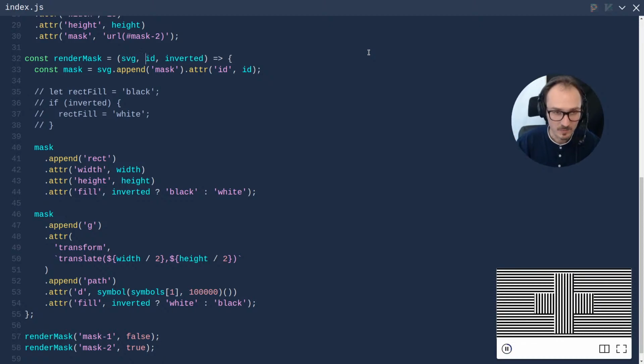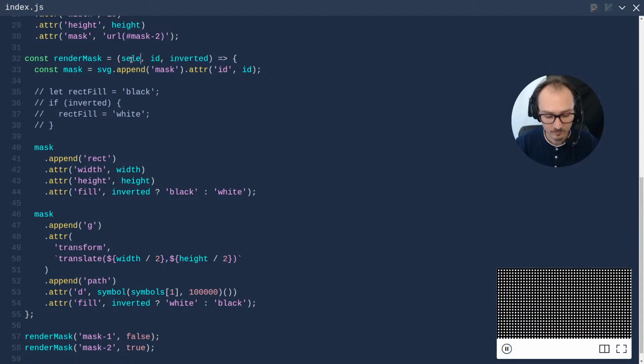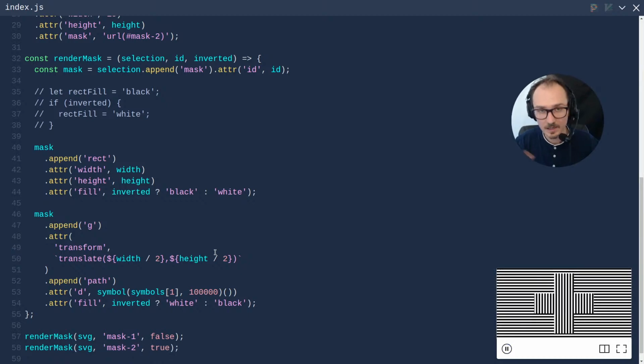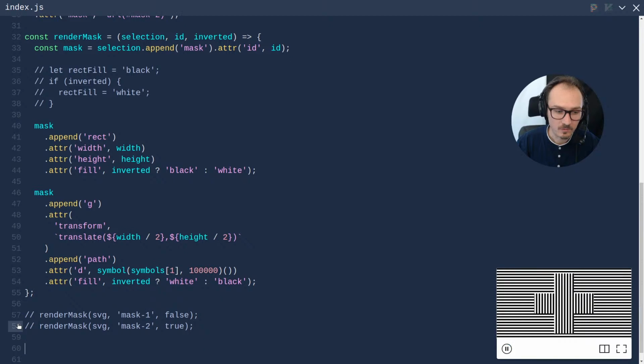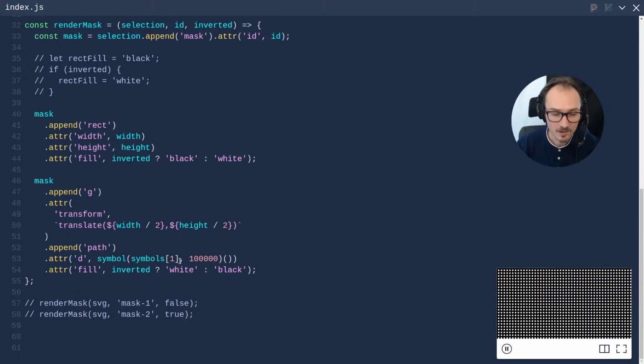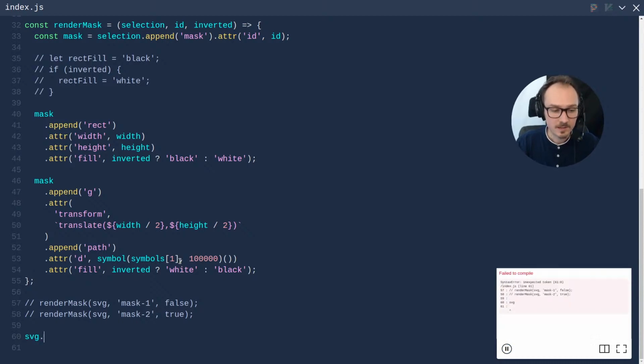So what it looks like is we pass the selection as the first argument, and inside of this function we refer to it generically as some selection, and we would pass it in as SVG here as the first argument. Now everything works as expected, and the conventional way of doing these sorts of invocations with D3 would be to use selection.call. So we could say svg.call render mask,